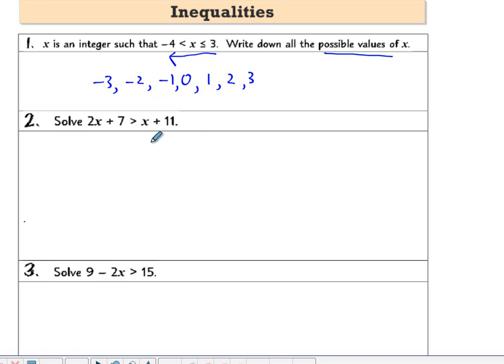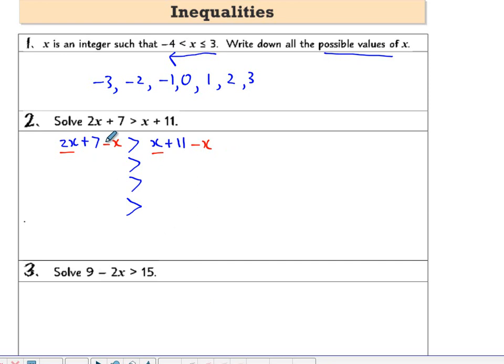Question 2, solving inequalities. Every time you get a question like that, you add the inequality sign. You know you're going to use it. The rest of it is your algebra, no different to what you've been doing on solving equations. So you write both sides down. I want x on one side, so it's 2x here, it's x here. It's easier if I take away the x and take away the x, because that will allow me to